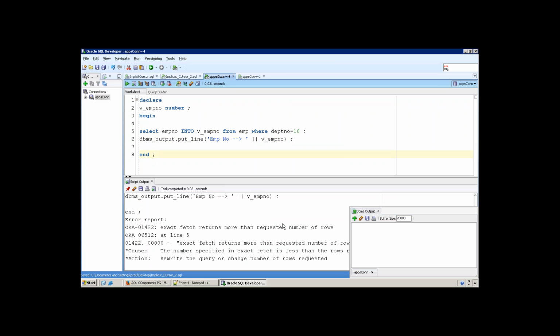What is it showing? The exact fetch returns more than the requested number of rows. And if you observe here, it is just giving an error, right? It is not clearly saying anonymous block completed. It just says an error. So to avoid these kinds of errors, what we do is exception, when others then, and we'll clearly say what error occurred. For user understandable purposes, we'll say exception occurred,